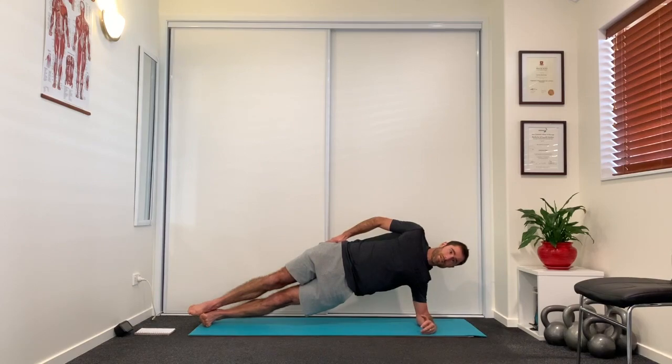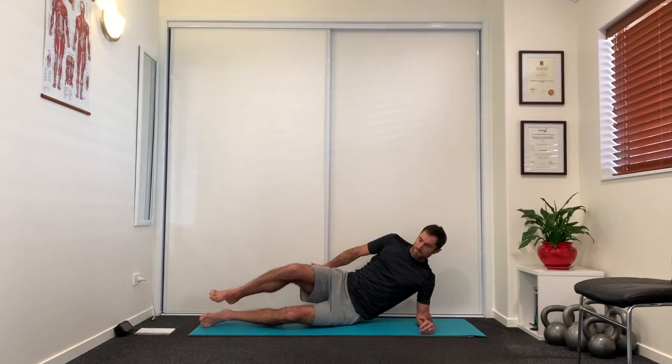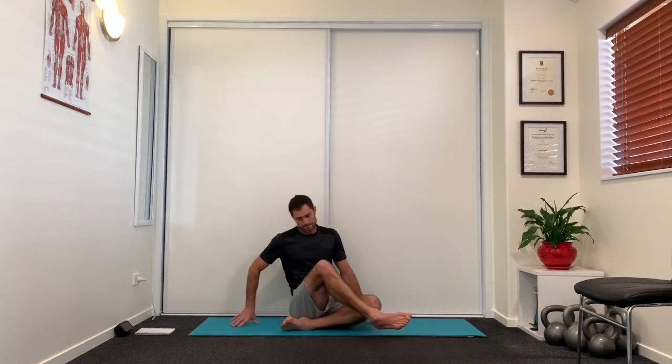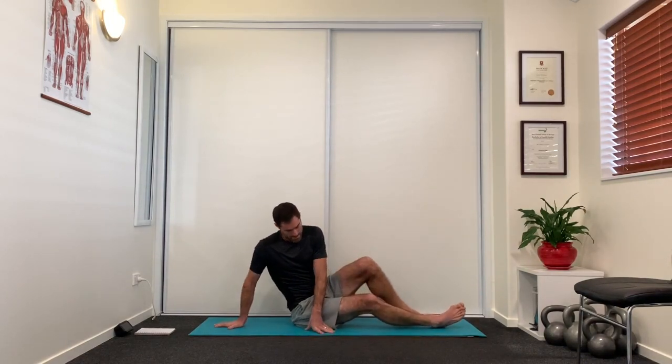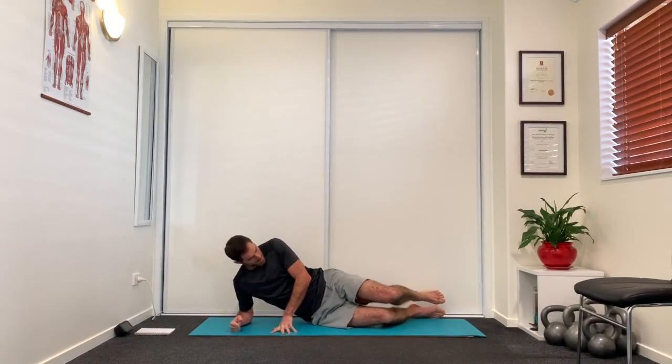Okay, a couple more breaths here. And then coming down. I'm going to do 2 more sets of that. So coming over to the other side. Forearm on the mat, knees together,